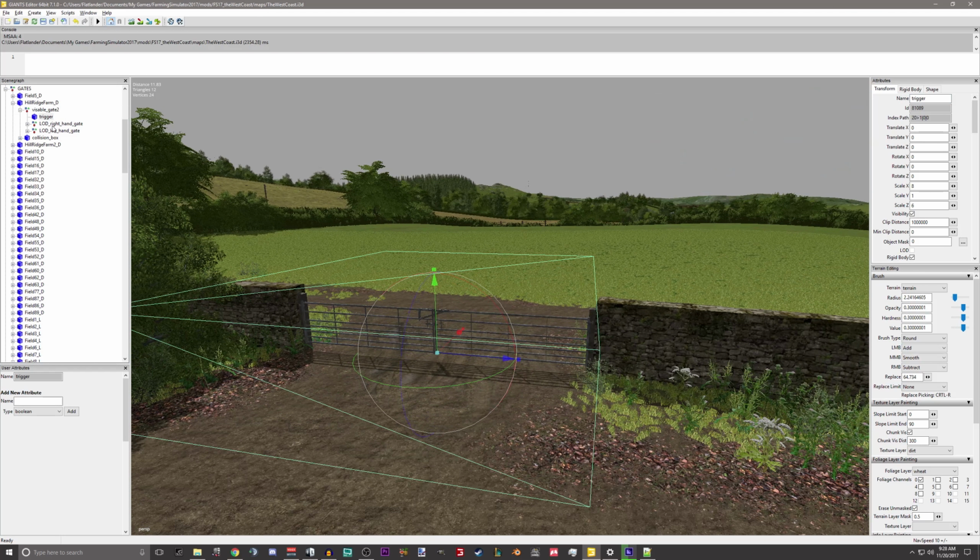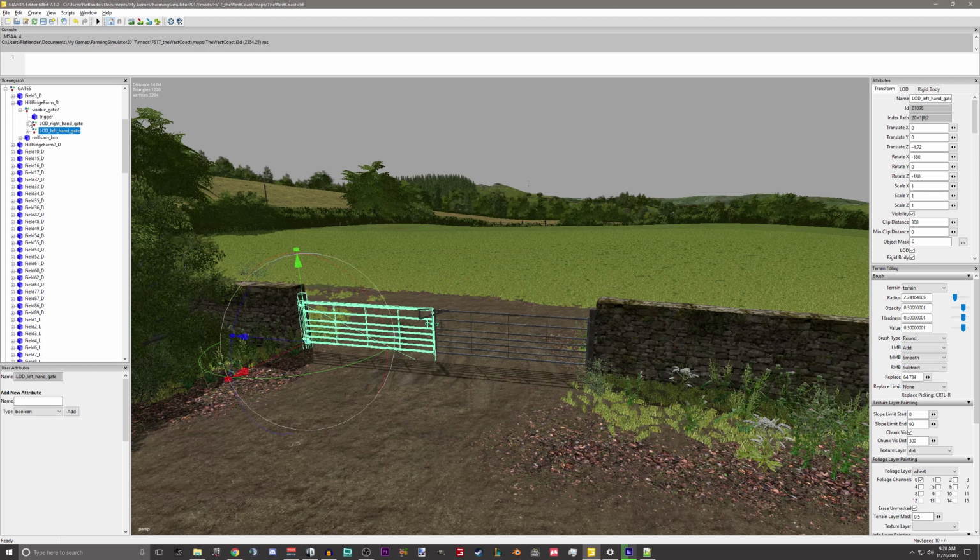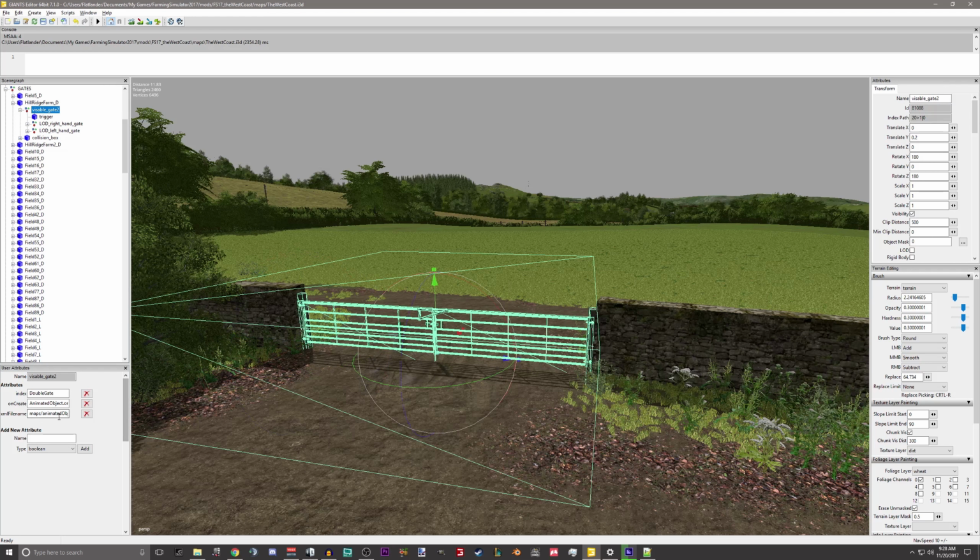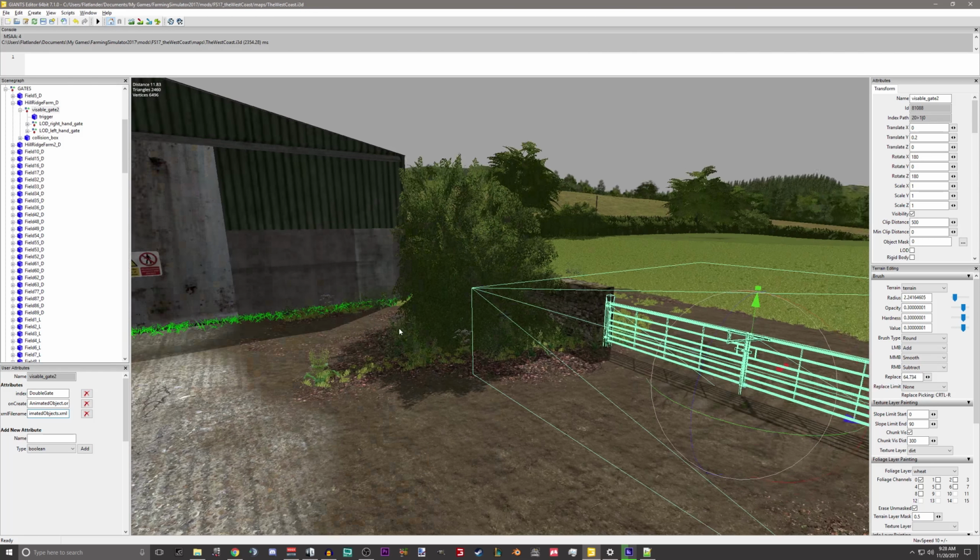The gate is connected to a whole separate XML file called animated objects XML. And where is it? Is it up there? There's the one with user attributes. So here it references maps/animated objects XML. Now, if you import something like this, I think I already have this set up on my map, which is why I didn't see the error.